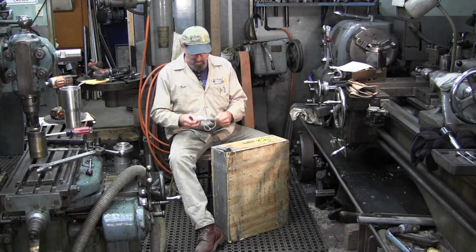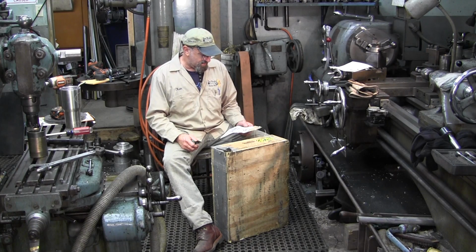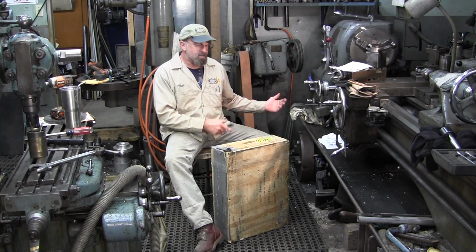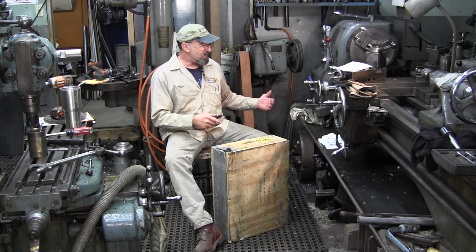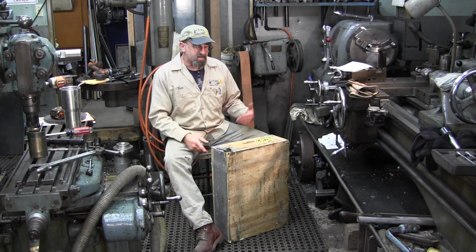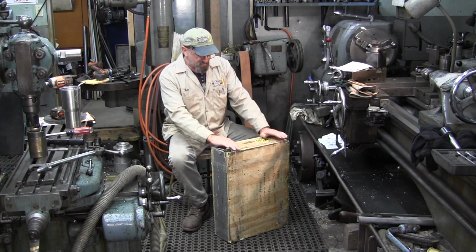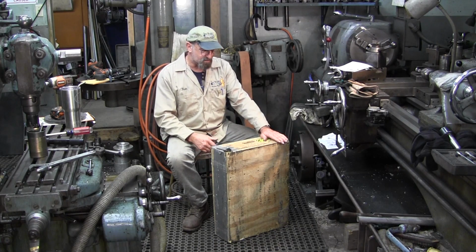So I'm going to put this off to the side and lay this down, and we're going to see if everything's in here and if everything is solid. This will be the start of getting a new 4-jaw chuck for this lathe. We're going to remove the backing plate and modify it so that the new chuck will fit on this lathe, and we'll go through the steps of that, and then I'll have a brand new 4-jaw chuck on this lathe. I still have my hopes that Robert did a beautiful job, and even if they did drop it, I would believe that there wouldn't be any damage. We just want to make sure that it didn't